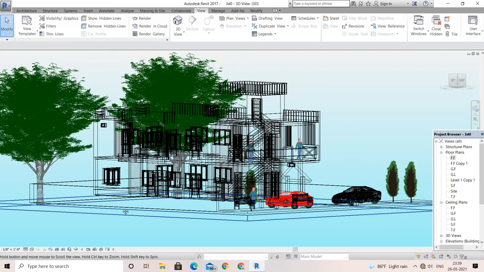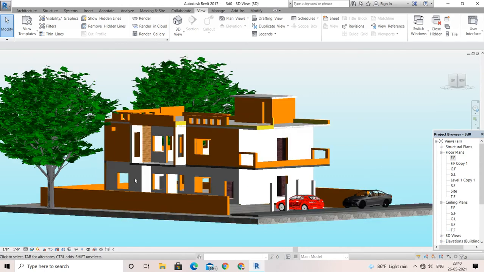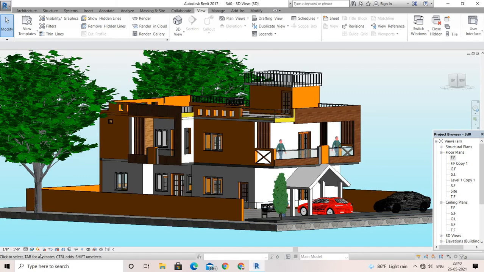So this is all about the tutorial. In this tutorial I'm going to show you this much. It is very good to show you a realistic plan, meaning realistic exterior design. If you are a good learner, meaning if you want to really learn 3D, please do comment. I will work according to your comments, and I will keep it in mind.